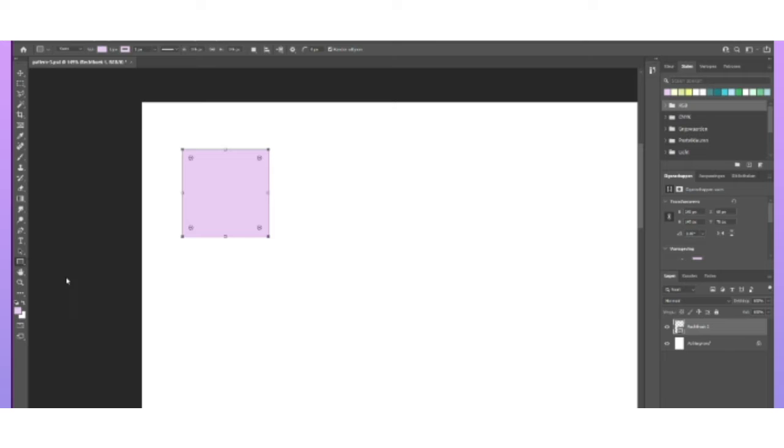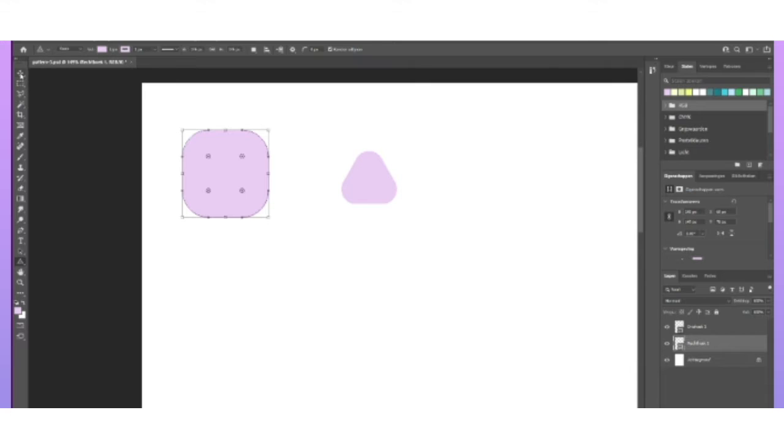Okay, let's make a triangle. So you can do the same thing with a triangle. Okay, let's make them all round, and this one maybe.